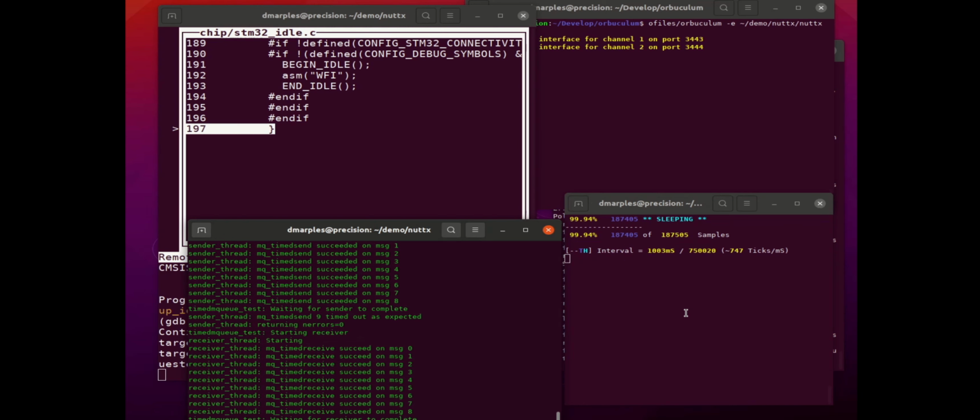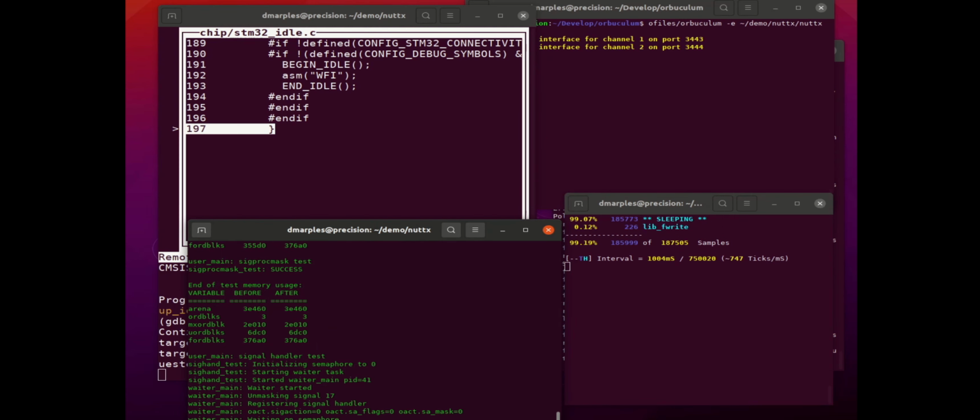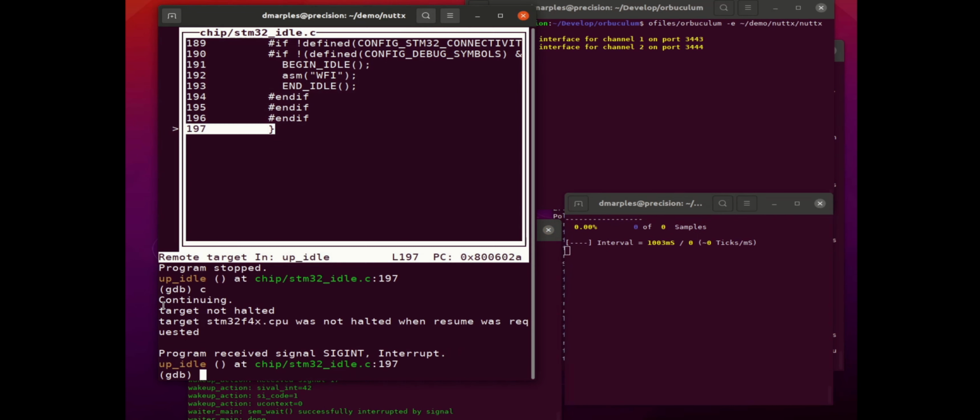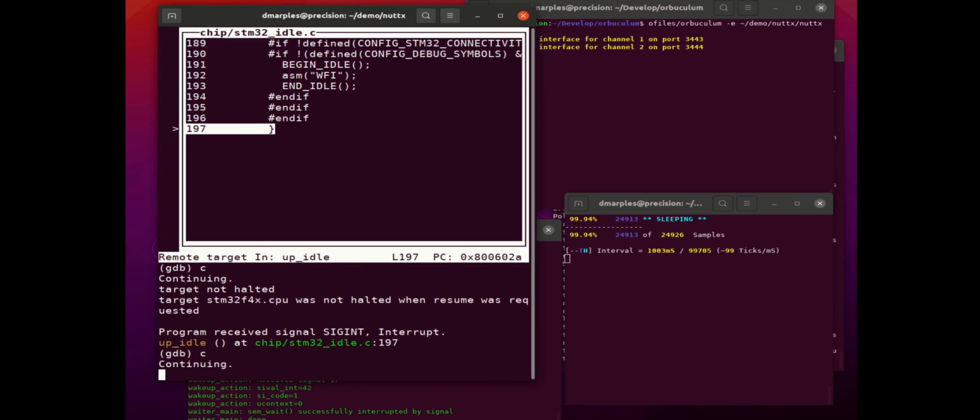That shows the use of Orbtrace just as a pretty standard debug interface. If I again come to here and do Control-C, refresh the display, we can still see we're back in idle mode, and then we can continue. Obviously everything's frozen here. The sampler is still running, but there's nothing to sample anymore, so it's not going to get too far. But when I continue,